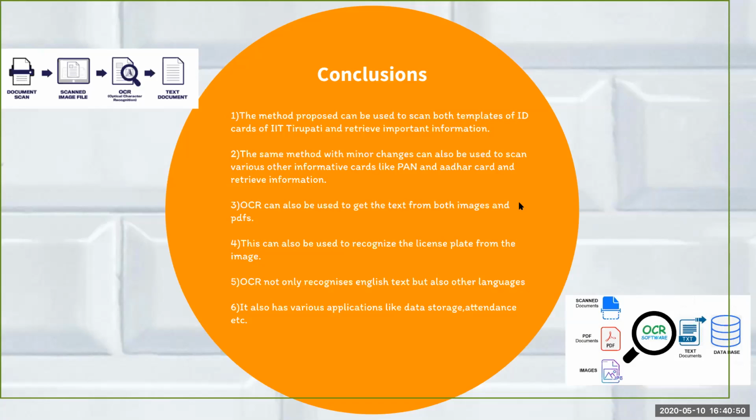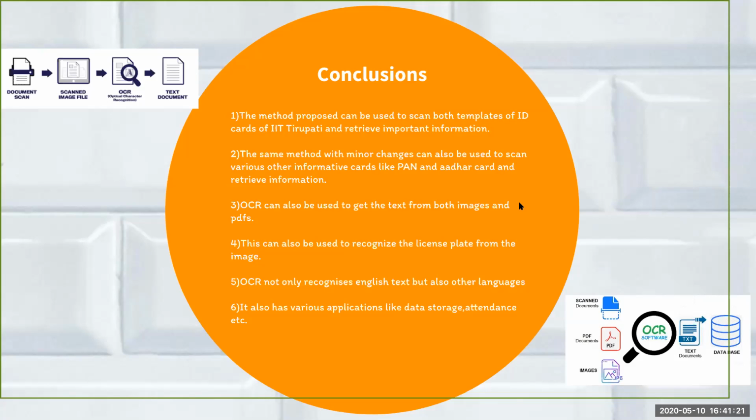At the same time, we have also observed that cards such as the PAN card or Aadhaar card can be scanned using the same code by making minor changes with respect to the size of the card to crop the card in such a way that only essential information comes out. As the information in the PAN card and Aadhaar card is already written in black, and there is a lot of contrast between the background and the text, we did not apply the steps which we applied for the old ID card template. We can directly use the code.